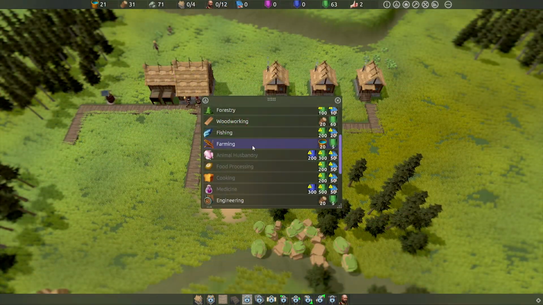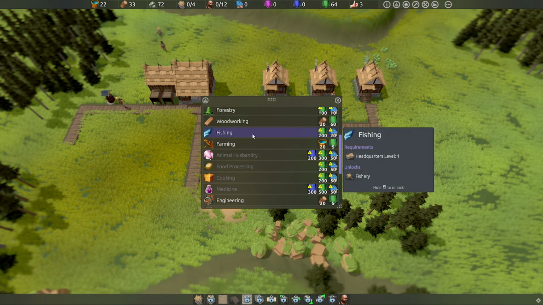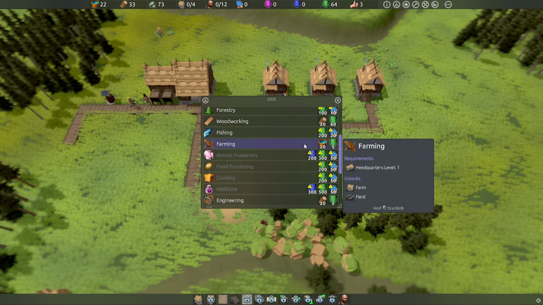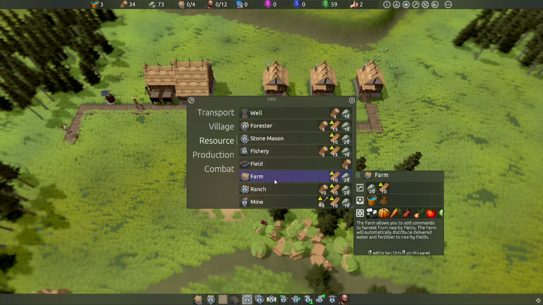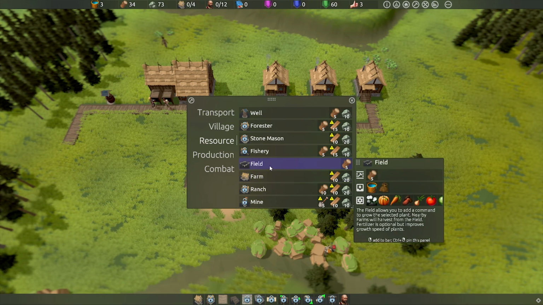I think we have enough resources now to research farming. Oh, fishing as well. That's very... Oh, it requires a lot of reputation and research points. So let's unlock farming. There we go. And now we should be able to make fields and farms. Now, for farms we need planks. So if we put a field in...